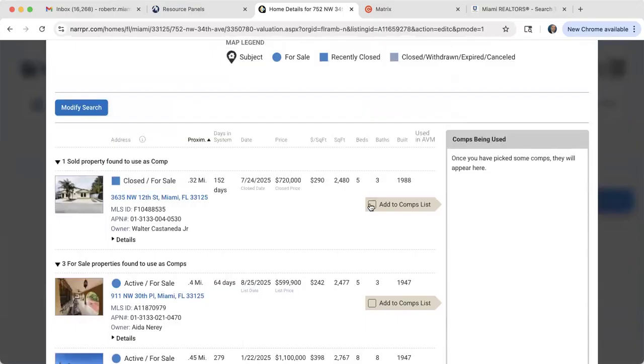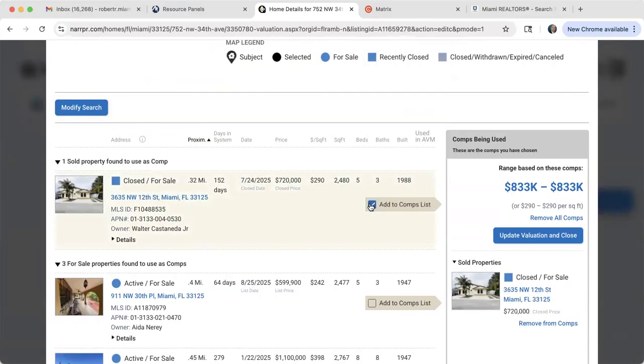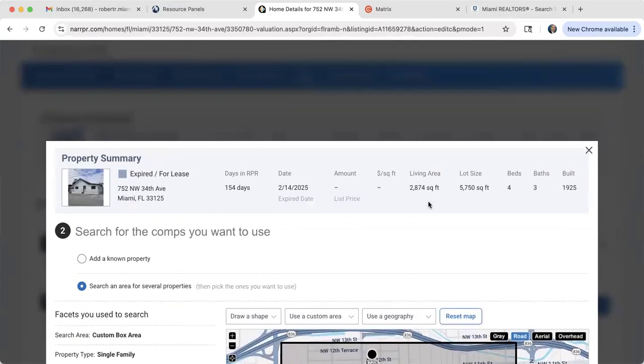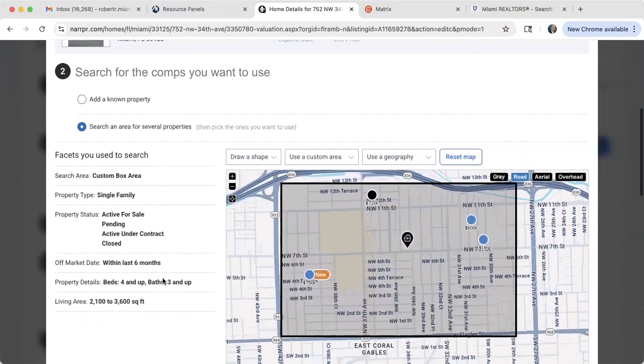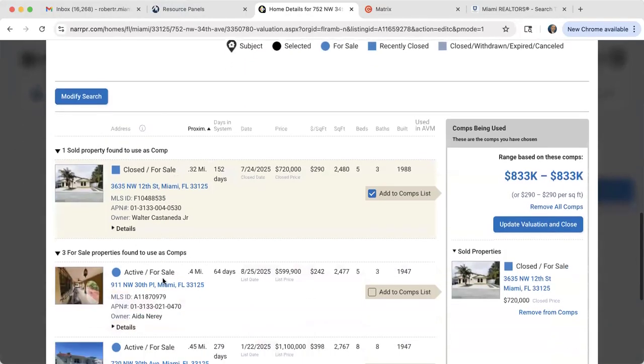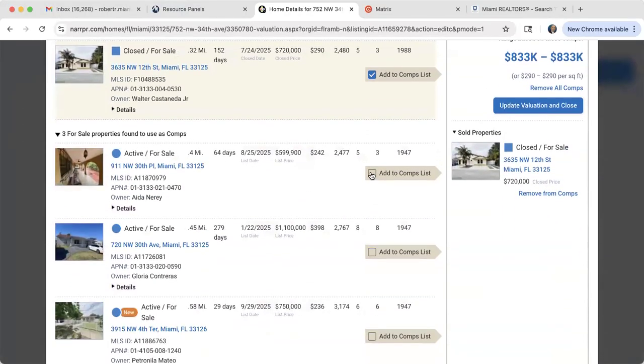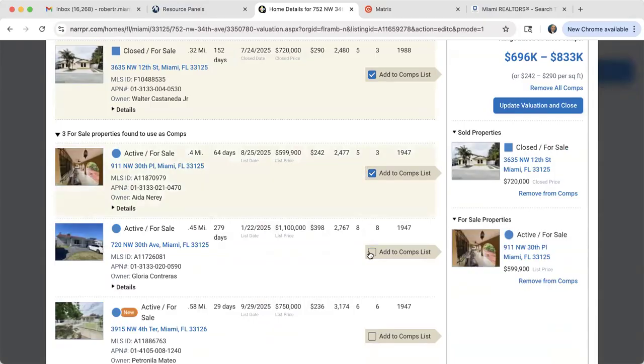Based on one sale, we're looking at 833,000. Remember, the estimated value was 850, right? The estimated value was 850, I believe. I don't see it here, but I believe it was 850. Well, we have here 833. If you include now the active listings,